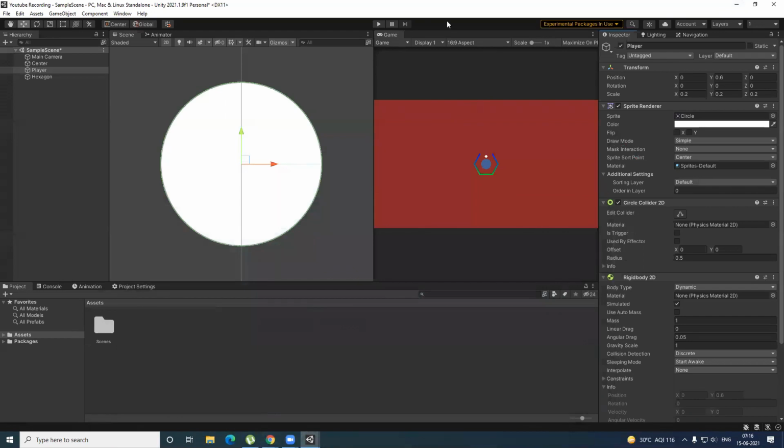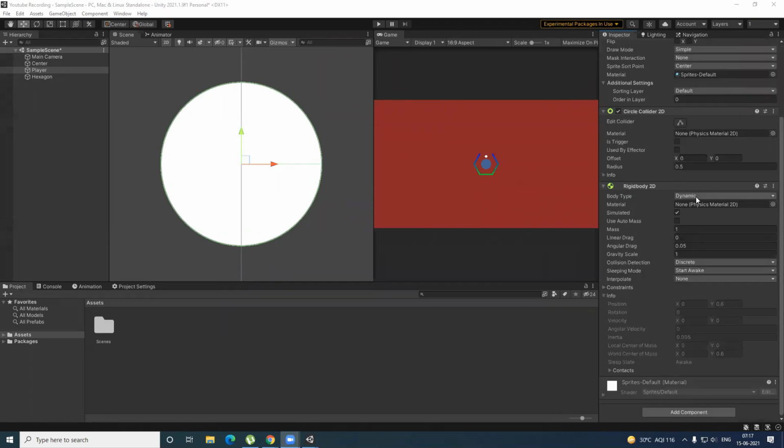Let's suppose I want to apply speed to this body, or I want to apply velocity, or acceleration, or gravity, or any such things that require intensive physics calculations or physics simulations. For all these tasks, we use rigid body.